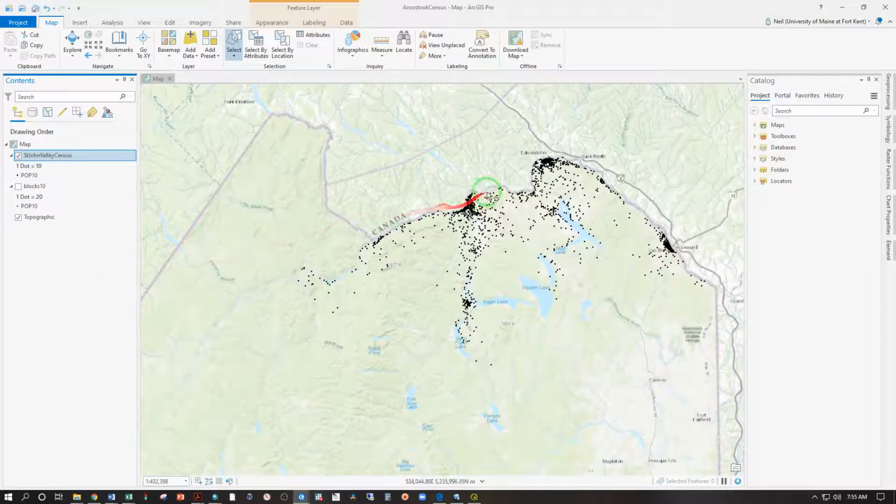Now we're looking at the St. John Valley, and 1 dot represents 10 people, but do remember these dots are not precisely located, they are randomly placed within a census block. Now the question is, where is the center point of this population? If all of these weighed a certain amount, where would this feature balance? And one of the values of a dot density map is it allows you to sort of visualize that kind